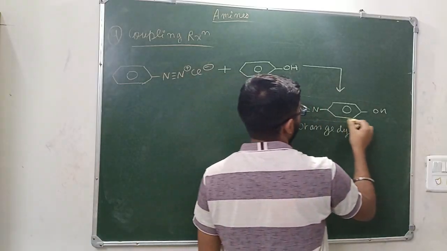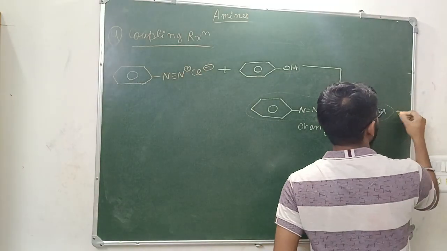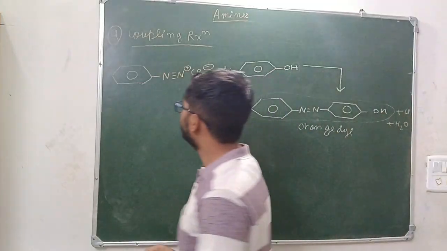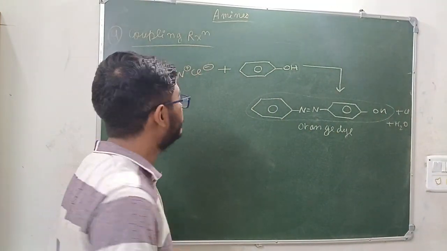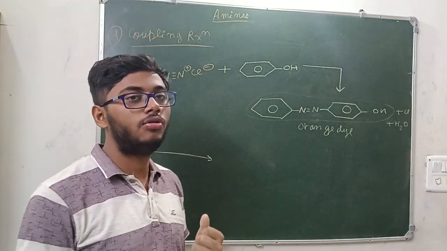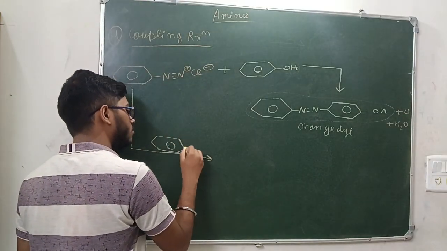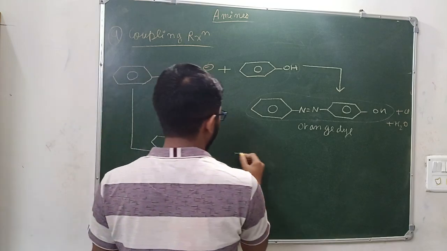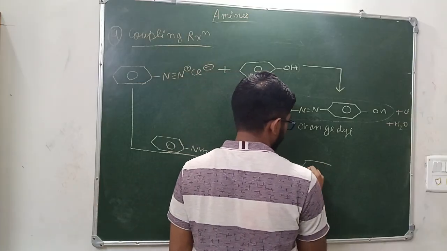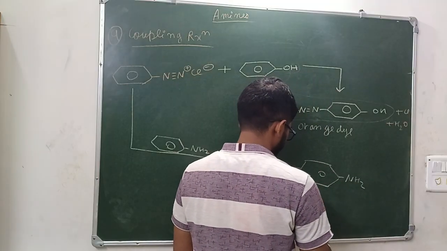So this is a very important reaction. They can ask you the preparation of the orange dye. And here the byproducts, HCl and H2O, are left. Now let us move to the next reaction, the preparation of yellow dye. You react this compound with aniline. Reacting like this only, this will make N double bond N and NH2. This is the yellow dye.